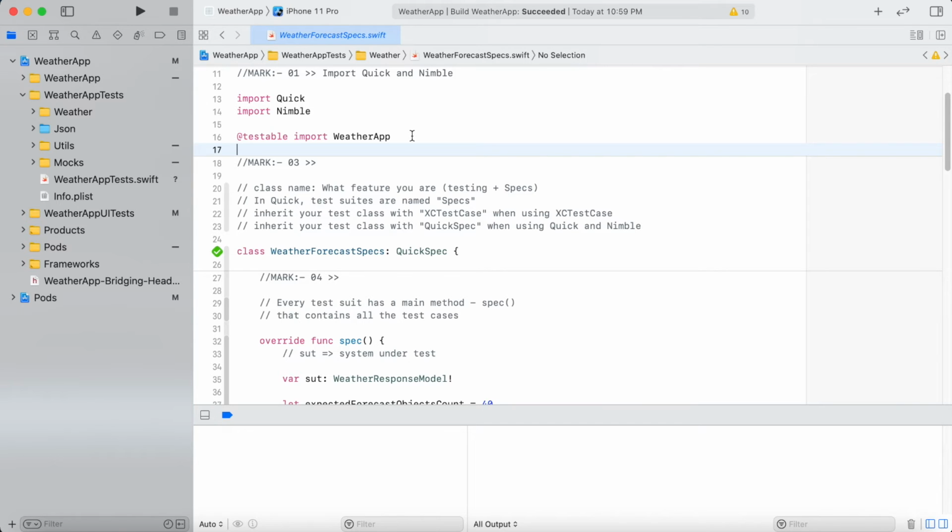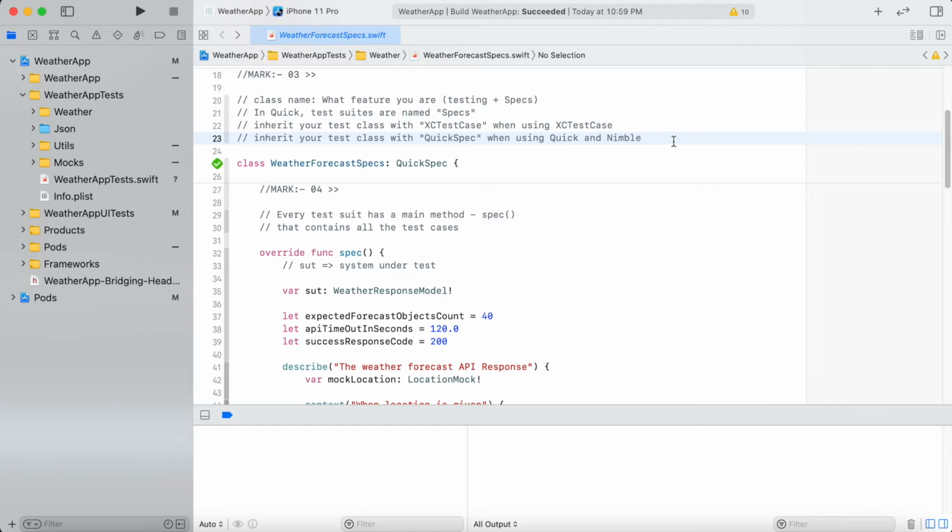The benefit of this @testable import statement is that you need not import the classes of your weather application, for which you are writing the test case, individually every time you need them. This single statement is responsible for importing all the class references that are used in this particular application.